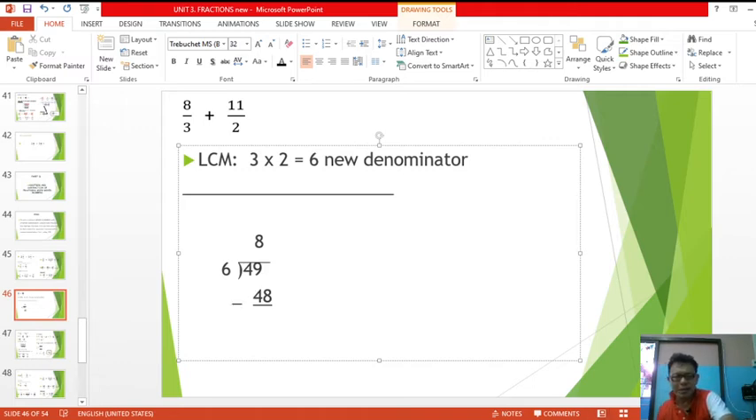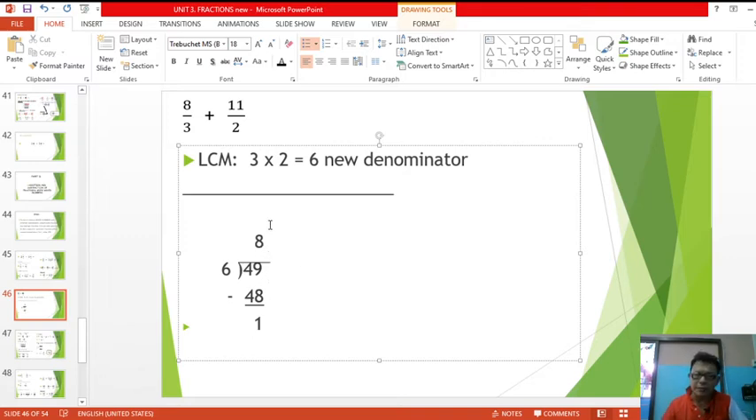Okay, so 49 minus 48, we have 1, right? Sorry for that. So that is now our remainder, and as what we learned last time, your quotient